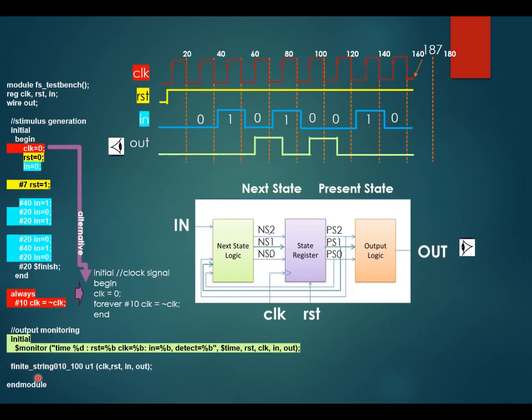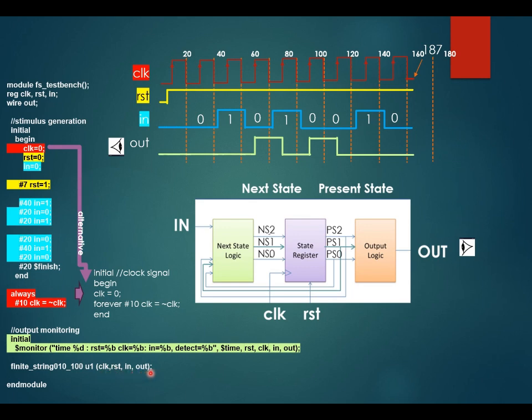And lastly, don't forget to instantiate the circuit you want to verify in the test bench. So the test bench consists of the waveforms to supply to the circuit, how you monitor the output, and instantiation of the circuit you want to verify and connect the signals to it. Clock, reset, and in are the signals in this test bench for which we have described the waveform. So make sure you connect them so that the waveform will reach the circuit,